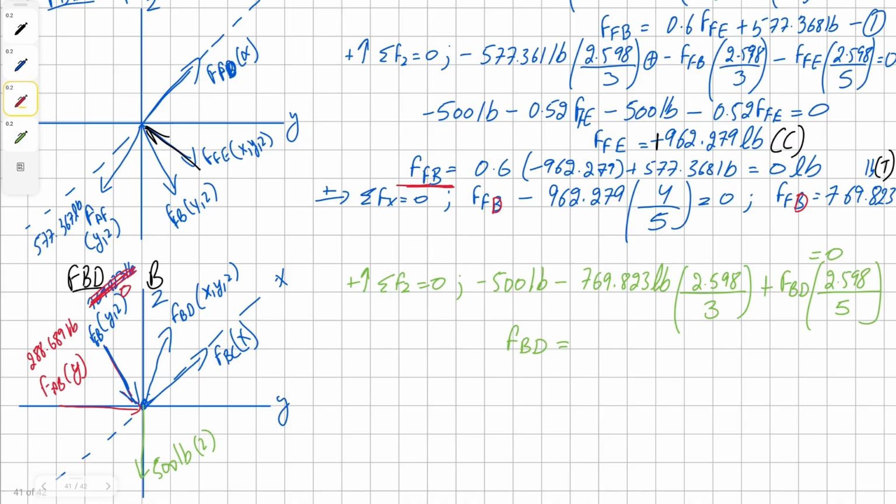So this whole area is 0 because our force FB is a zero force member. And now when we solve for force BD, we're going to have our solution as 962.279 pounds. And since this member is positive, and looking at